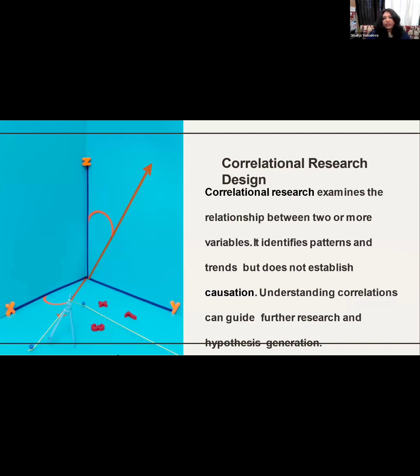Correlational research design. Correlational research examines the relationship between two or more variables. It identifies patterns and trends, but doesn't establish causation. Understanding correlations can guide further research and